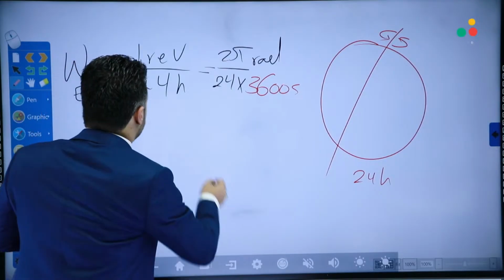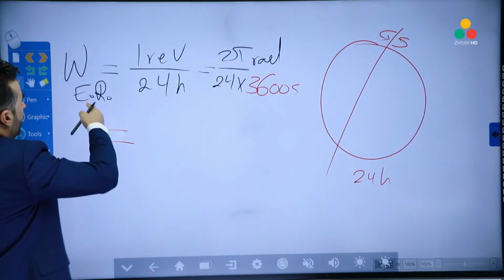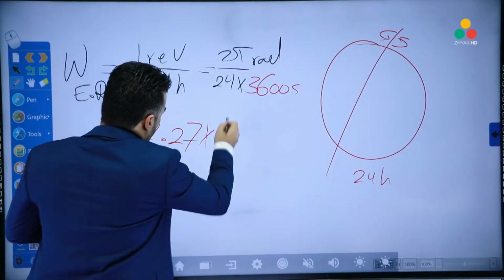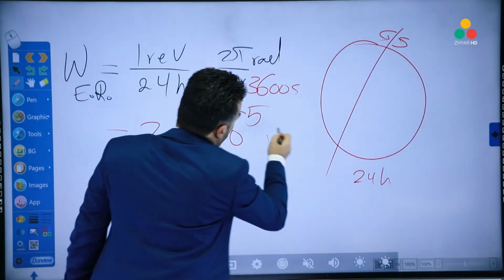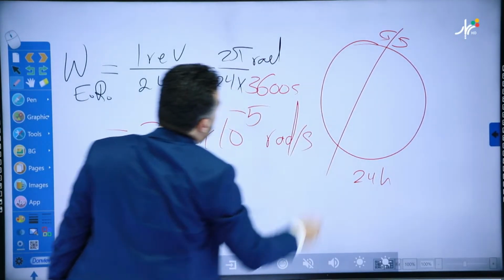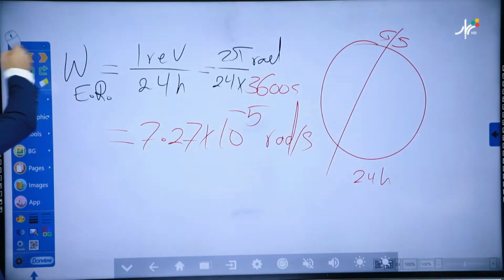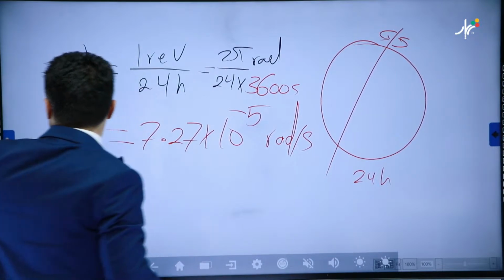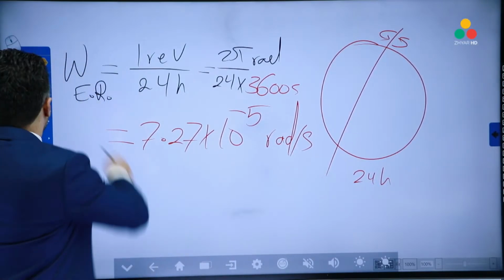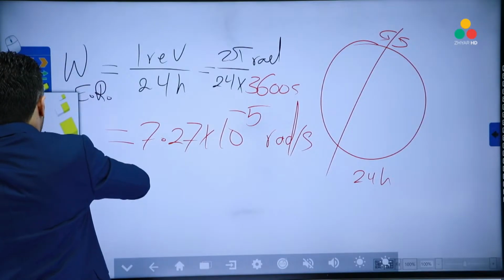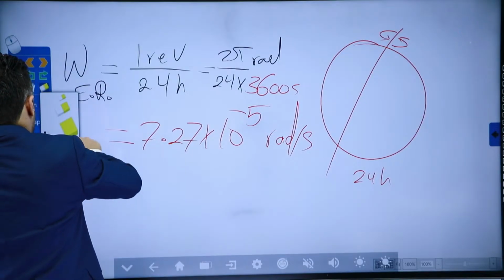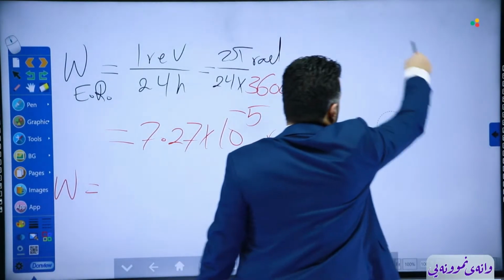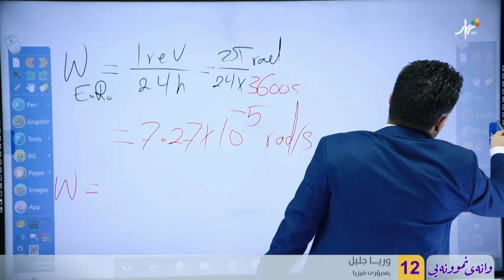So, of course, the answer is going to be, the angular speed for Earth's rotation is going to be 7.27 multiplied by 10 to the power -5 radian per second. Okay, what about Earth's revolution? In order for the Earth to make one complete revolution about the Sun, if I erase this, all right, in order for the Earth to make one,